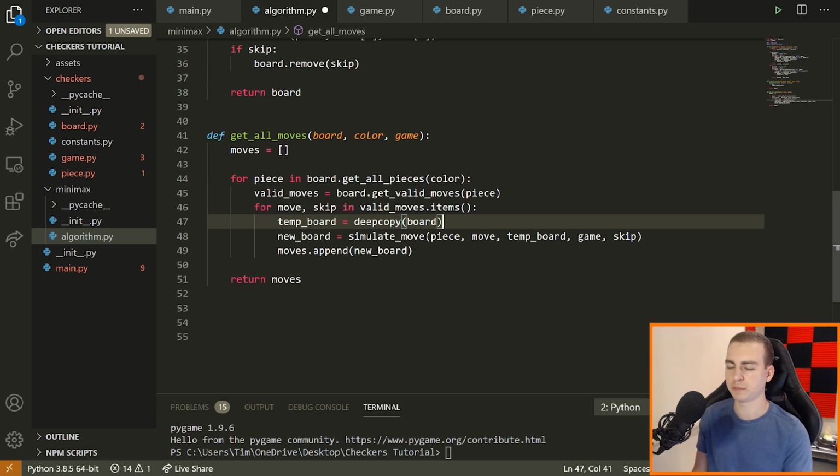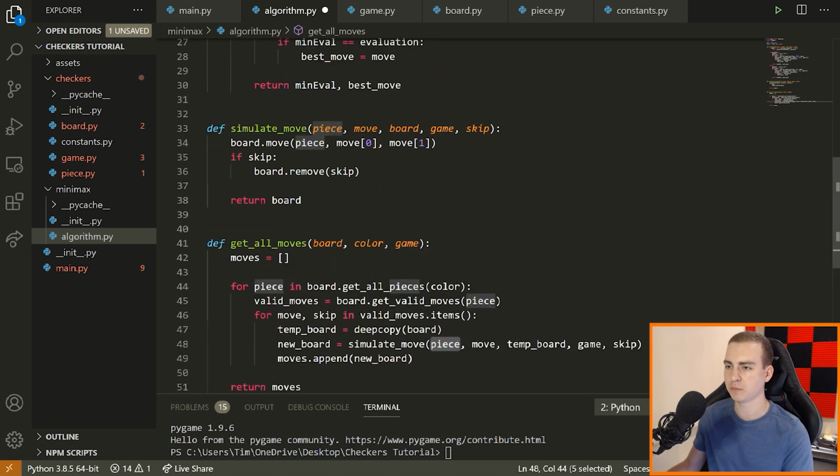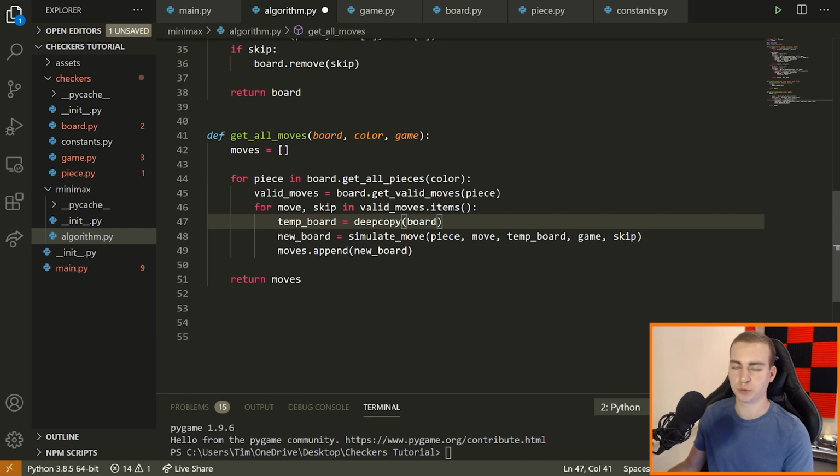But essentially the problem that was happening is that these pieces are not copied, but the board is copied. So what's happening is when I pass piece in here to simulate move, and we move this piece, it's changing the actual piece on the board. So the board itself isn't changing, but it's changing the piece that's associated with the board. So what I need to do is get the new piece that's copied inside of this board and use that